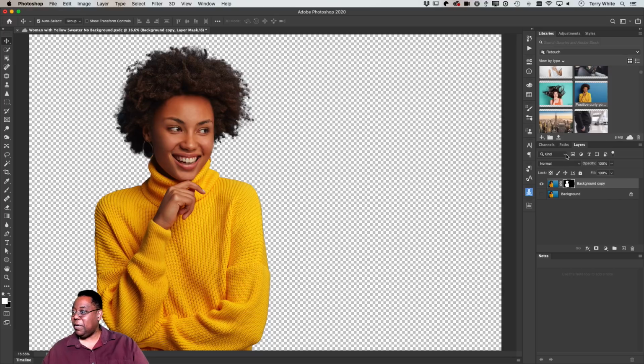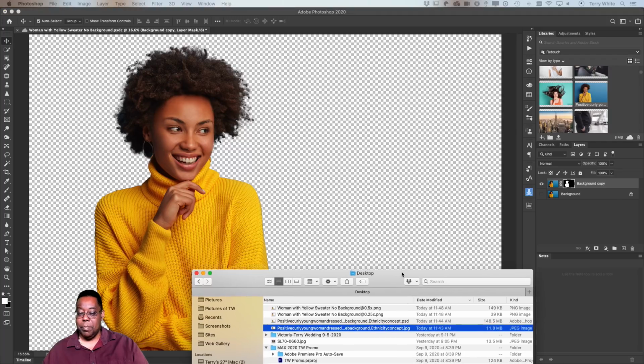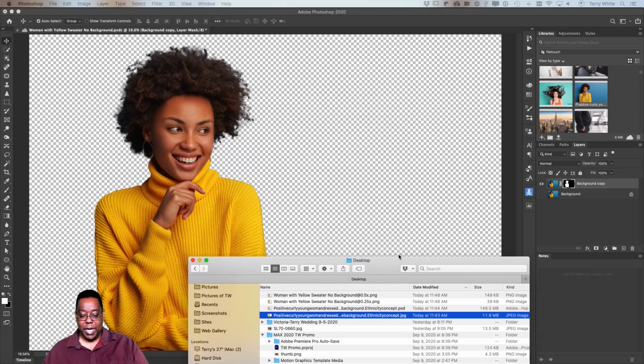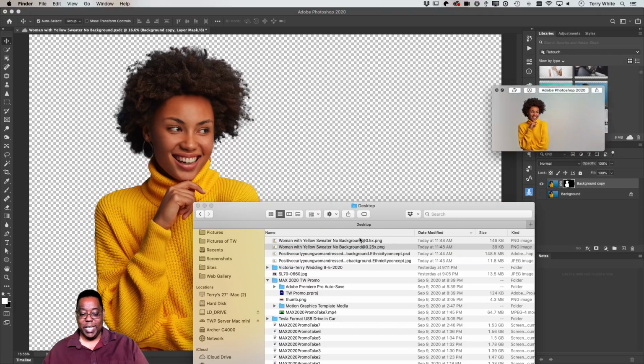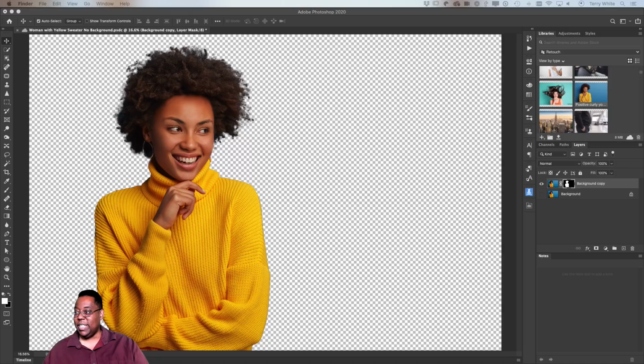Okay, so export as, and by the way, here are my multiple files. Here they are. So that's the one that got saved that size, and that's the one that got saved that size because I did the multiple presets as well. Oh, and by the way, we already saw the JPEG. Okay.